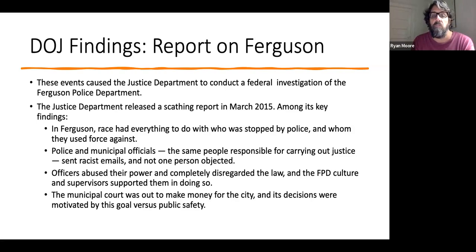Officers had abused their power and completely disregarded the law. And the FPD culture and supervisors supported them in doing so. And finally, the municipal court was out to make money for the city, and its decisions were motivated by this goal versus public safety. So this last part is important because the documentary also shows you